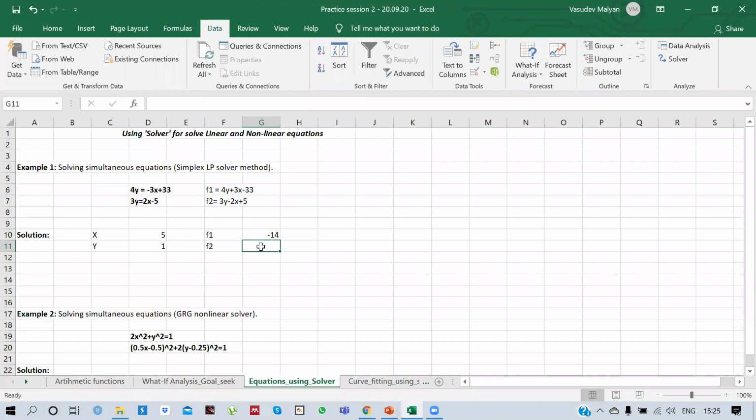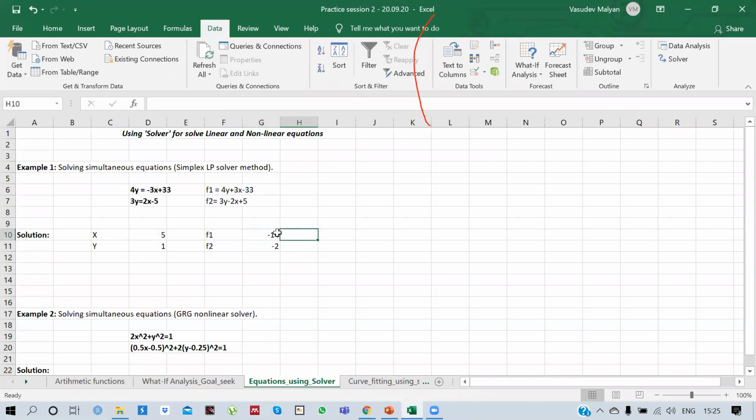And now we are going to calculate function 2. So my function 2 is equals 3 multiplied by y minus 2 multiplied by x plus 5. So this is minus 2 and this is minus 14.